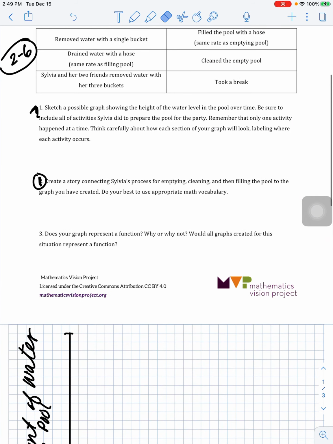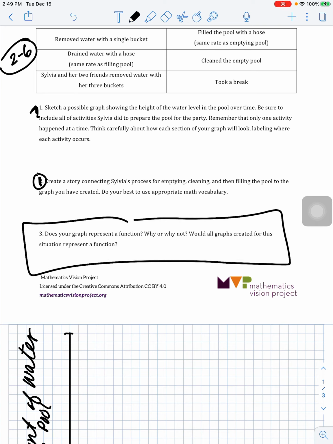And then the last question is talking about a function. So there is a video in the formative that I want you to watch about what makes a function a function. And then you decide, according to your graph in the story, is it or is it not a